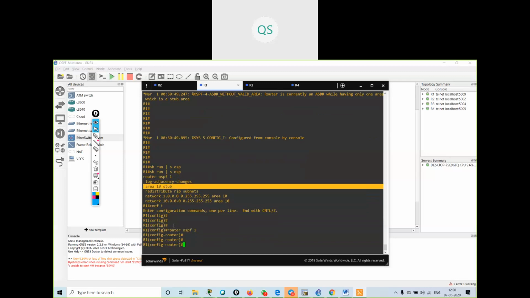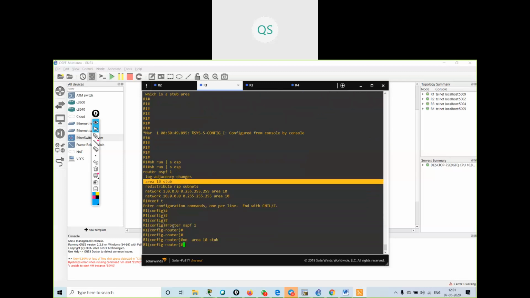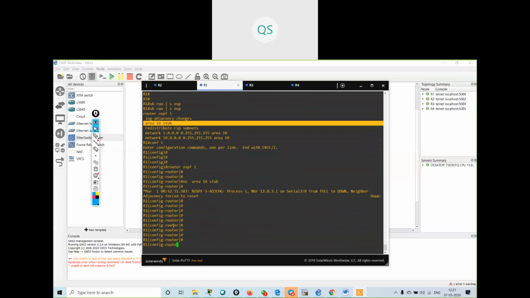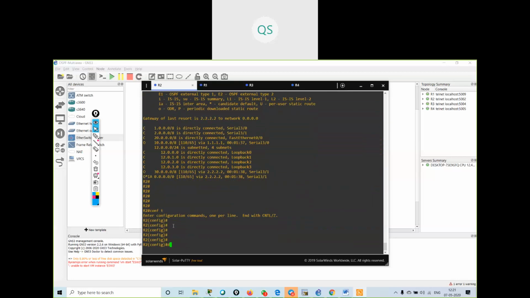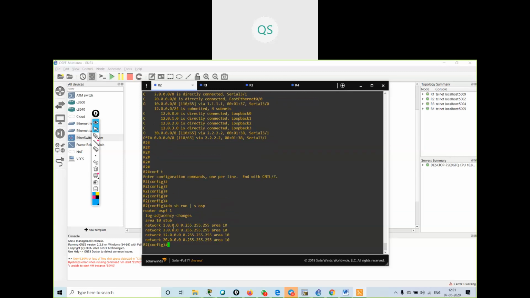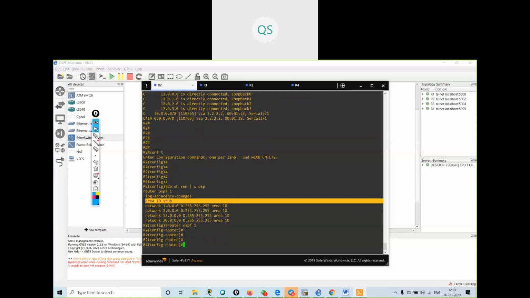I will say no area stub 10. I've removed this command. On R2 also I will remove this command. Do show run section ospf. We'll go over here and I will say router ospf 1, no area.